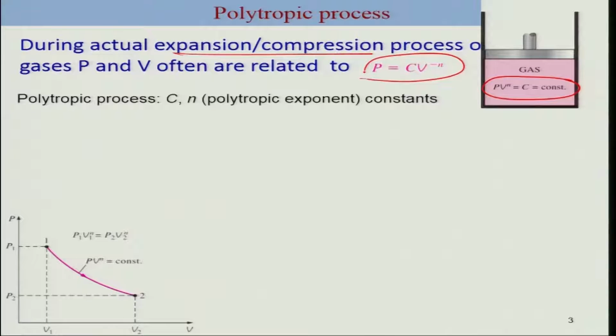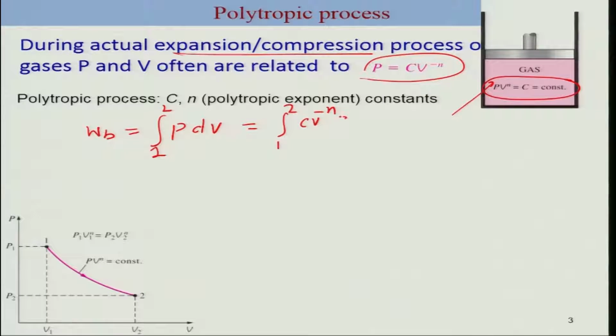So let us consider such a process in quasi-static equilibrium conditions, and our interest is to find out the boundary work for such a system when the gas expands and contracts having this relation of P and V. So we will consider again WB, boundary work, and we will make use of this expression. Again, this is true when assuming it to be quasi-static equilibrium, so that we make use of the pressure of the gas in the system. So we can put P as